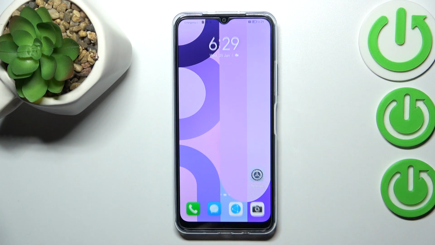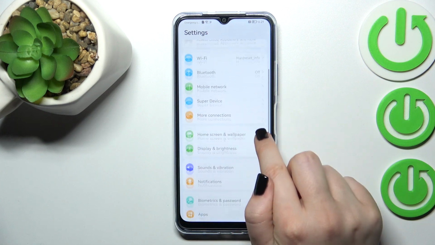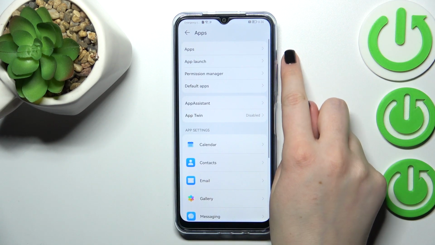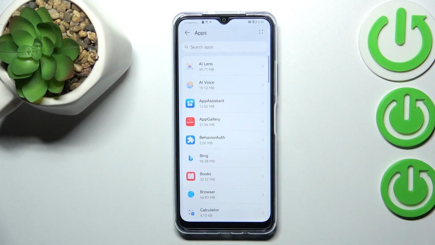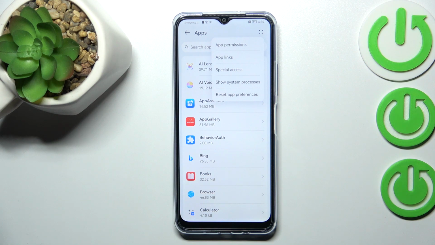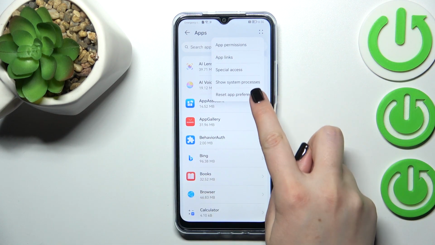So first of all, let's open the settings, and here we have to find the apps. Let's tap on it. Now let's enter apps again at the very top and pick the 4 dots icon, which are in the right upper corner. As you can see at the very bottom, we've got the option we're looking for, so simply tap on it,